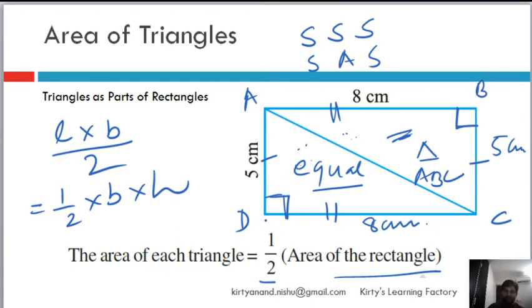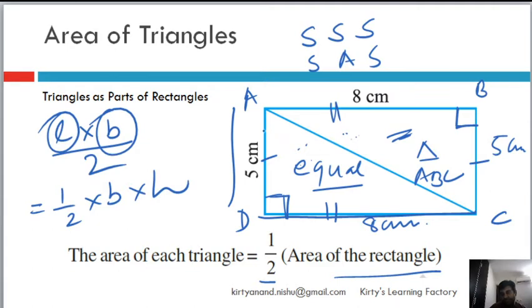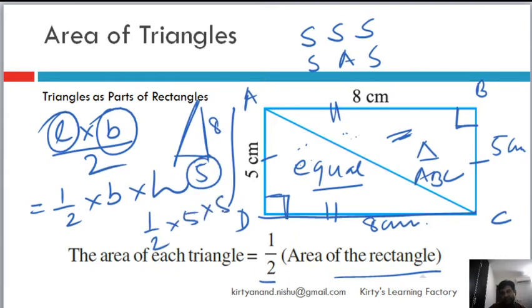If I see the triangle like this, this is the base, which is basically the length, and this is the height, which is basically the breadth. If I rotate it and see it like this, this is 5 and this is 8, so this will become the base. Half into base into height will become 8. So same stuff. And which is why the area of a triangle is half into base into height.